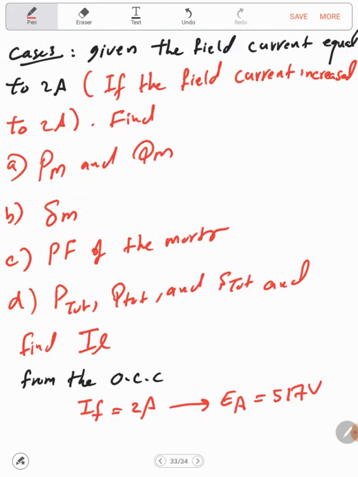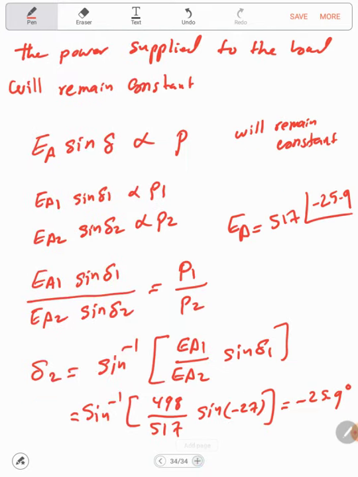So the remaining part is left to you. So please, as exercise, try to solve the remaining part of case number 3. So until the next lecture,